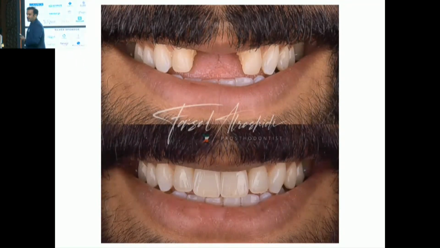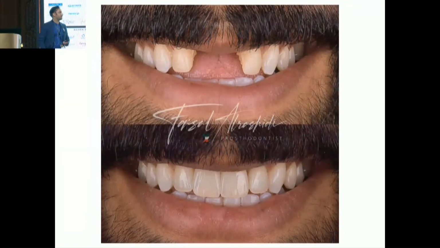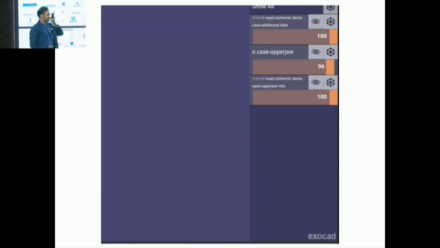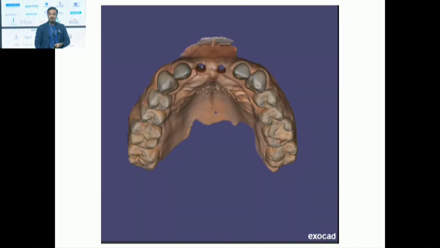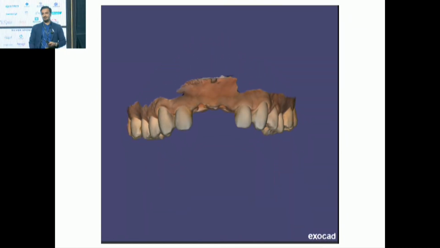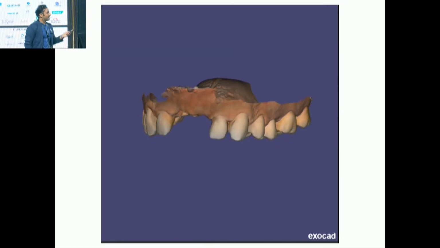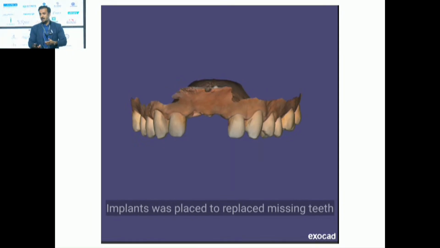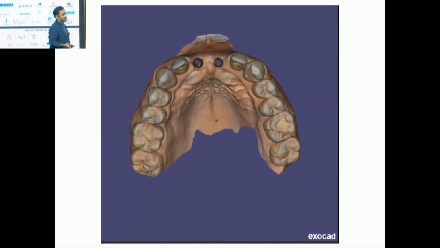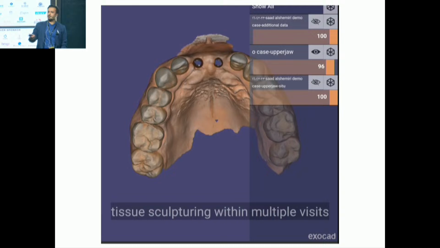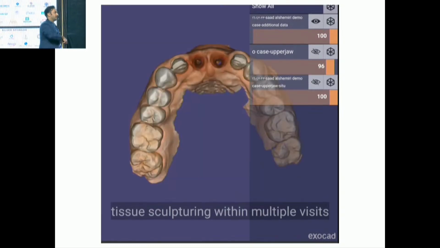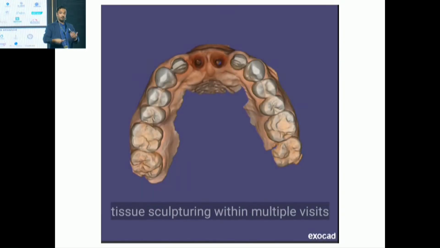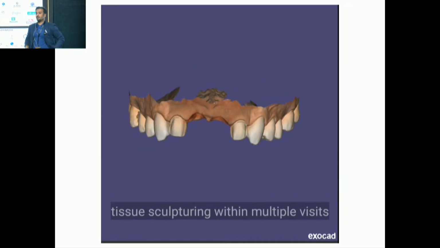And this is another case. I really love this case. I really love this guy. His name is Ahmed. He came to me with an amazing implant placed by my colleague, Dr. Mahdi. But the implant emergence profile was a bit narrow, right? And as a prosthodontist, you need to develop the emergence profile. So I placed my temporaries and I played around with the soft tissue, and I managed to have a good